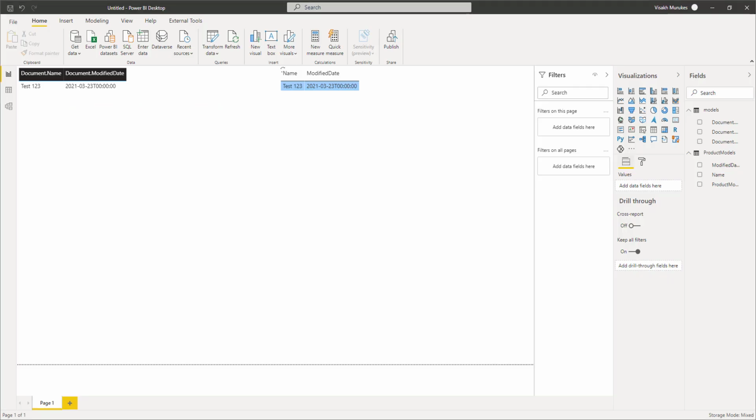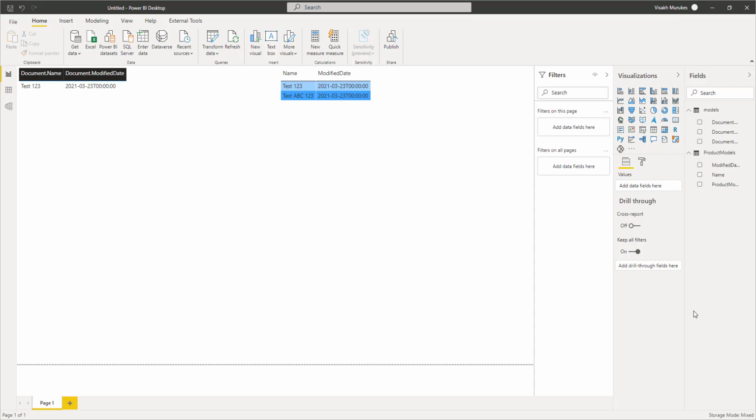Now if you come back and see the Power BI report, you can see the new item coming inside the live table, while the other table which is based on the exported data will still only show the old item. This is because the other table is based on the export data model, whereas the new table that you have added is based on the live Azure Synapse link feature, which is pulling the data as it is from your Cosmos DB. So as and when the data gets updated inside your Cosmos DB, the same data will be pulled by the Synapse link directly inside your Power BI visuals.